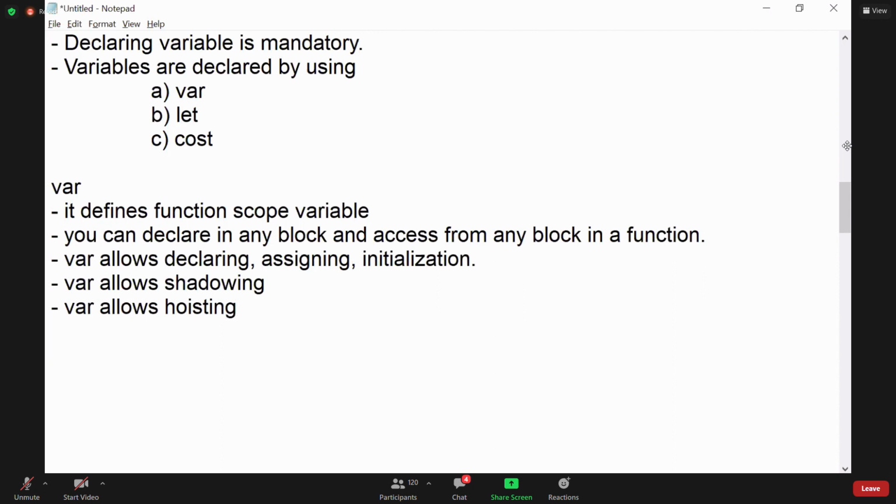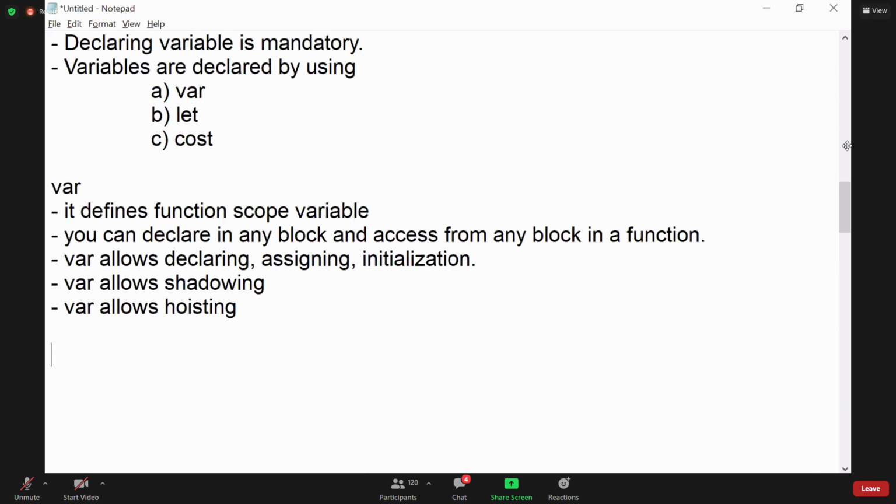I hope you have already learned what these are in JavaScript. I will just give you an overview. I am not wasting time on JavaScript here, because I already told you strong knowledge of JavaScript is mandatory for Angular. I am just refreshing these points. What is new in TypeScript, that we will discuss in detail. What is already there in JavaScript, I will give just a fast overview. Hoisting, shadowing, and function scope are all JavaScript basics.